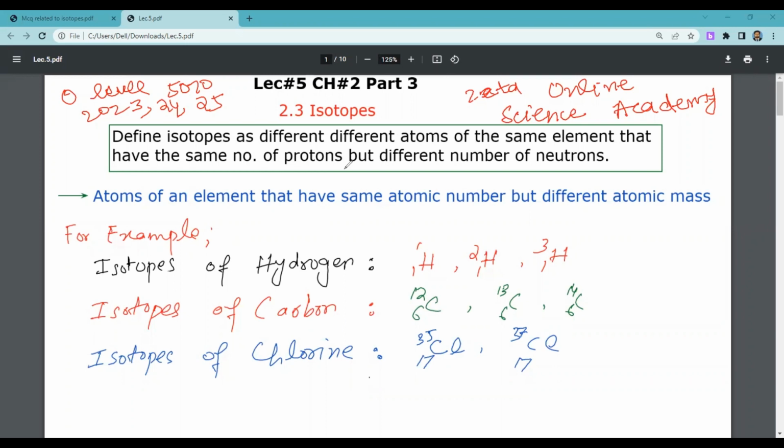Today we are going to discuss part 3 of the second chapter, which is isotopes, according to the syllabus of O level 5070